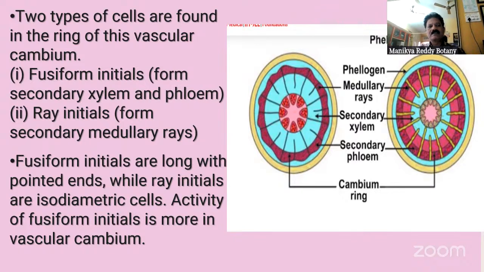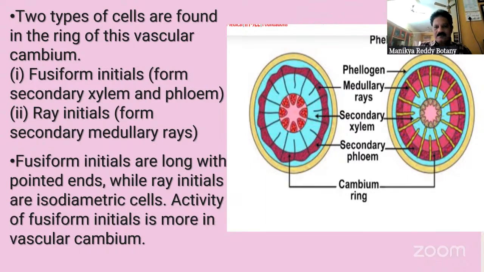They become secondary xylem tissue. Fewer cells are formed towards the outside. This light blue portion is there now, so that is outside the cambial ring. The daughter cells which are formed outside the cambial ring